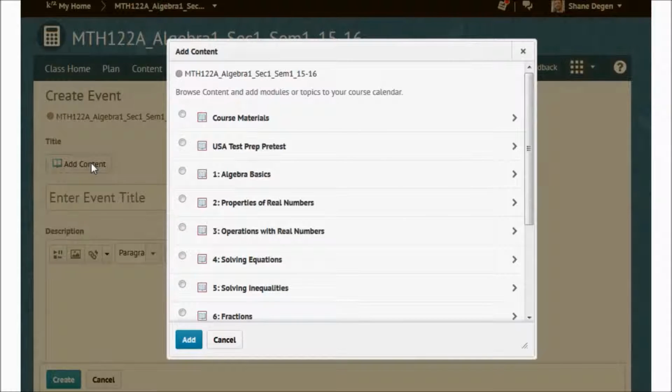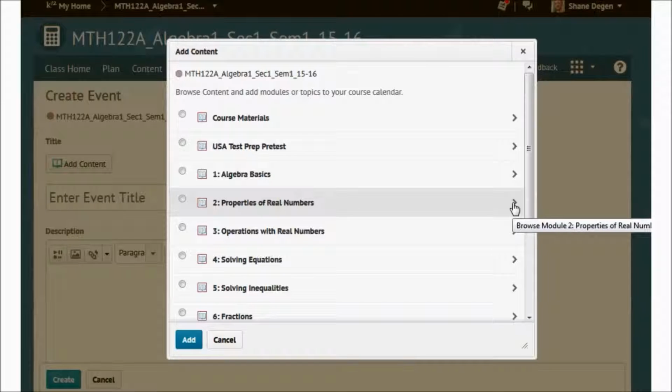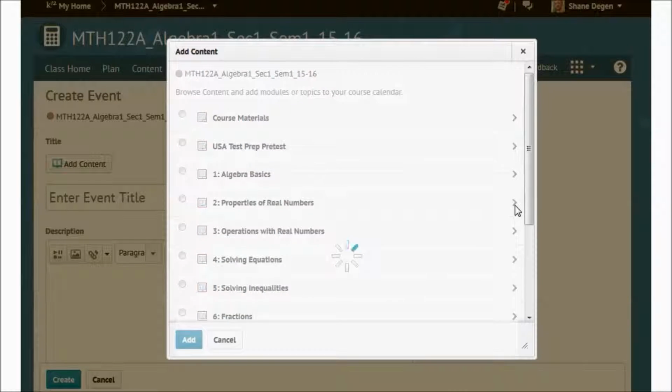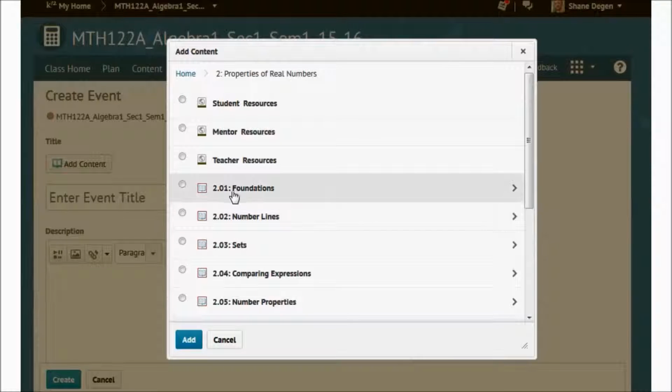add content, and now I need to click into Unit 2. I'm adding something from Unit 2, so I'm going to click that arrow. And previously, after clicking that arrow, we would click down further into the lesson, but we are going to be, rather than clicking on that arrow